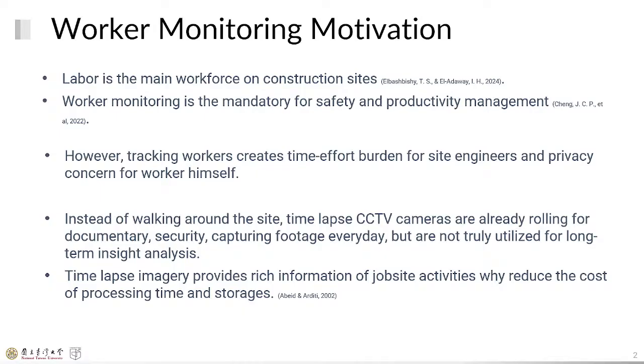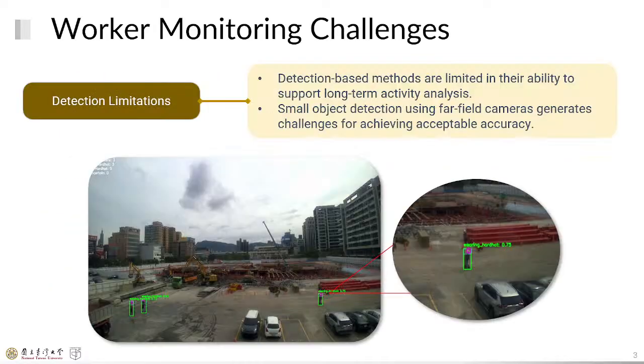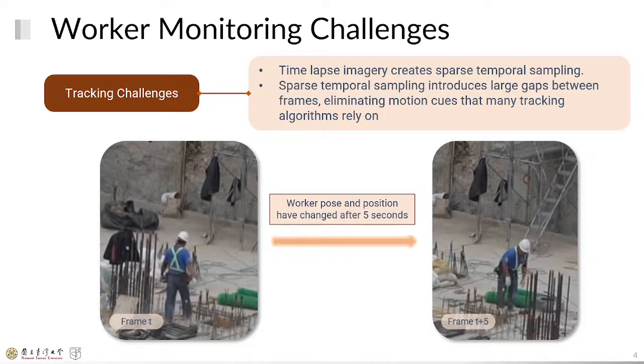The time-lapse imagery also provides rich information about job site activity, but it remains unutilized for further analysis. We have some challenges for worker monitoring using CCTV. First is the detection limitation, because a worker appears in the CCTV field of view really small, and the head appears substantially small. Also, when we do worker checking with a time-lapse camera, if we reduce the frame rate,